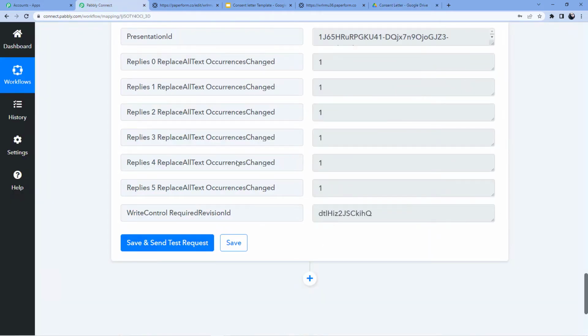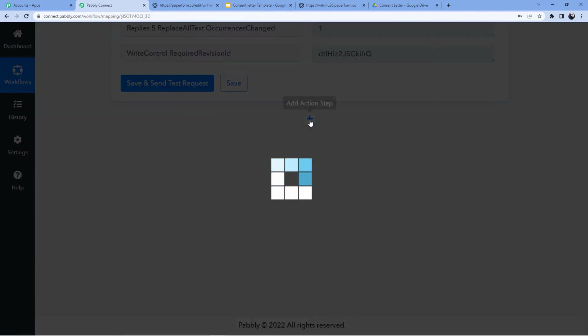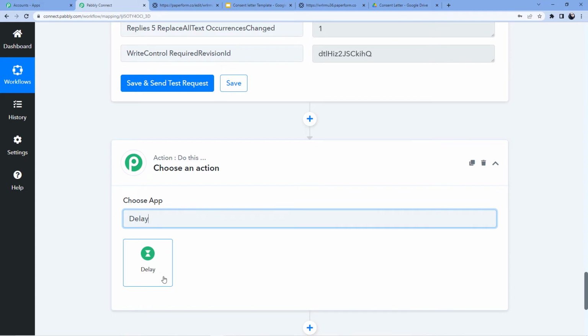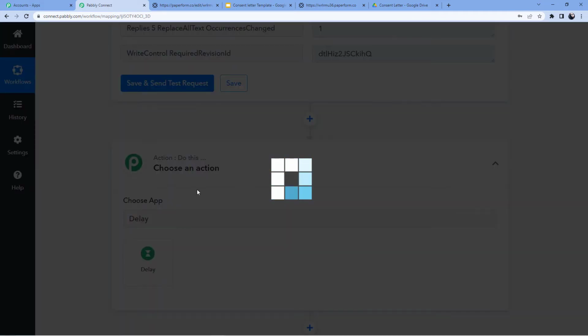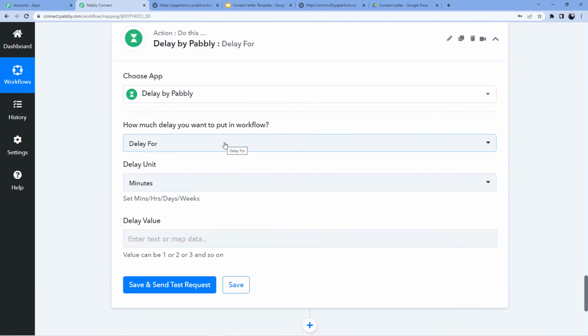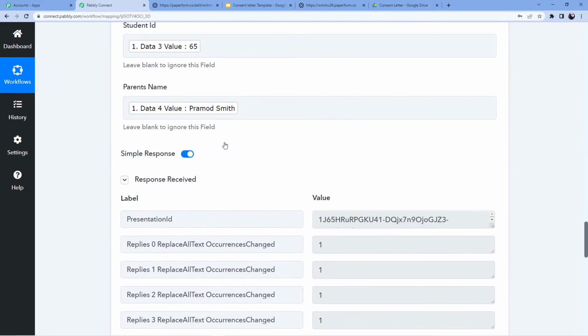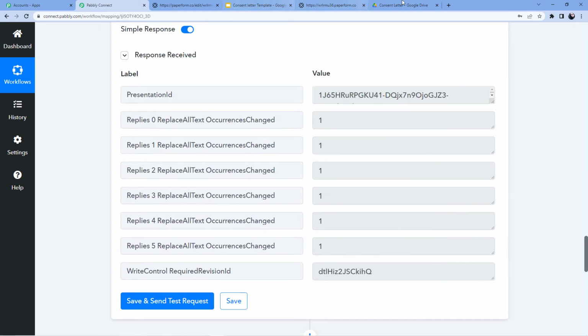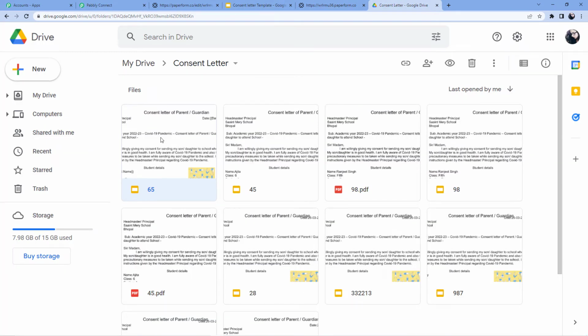Now what we are going to do is put a delay. Why are we putting a delay? Because whenever someone fills up this form and puts the signature image in it, it will take the values here and then create the template, or create the presentation, like this.